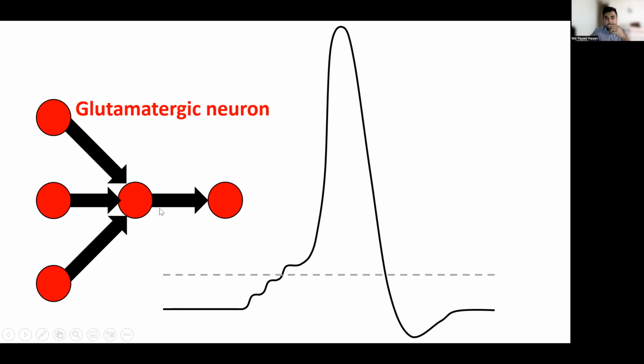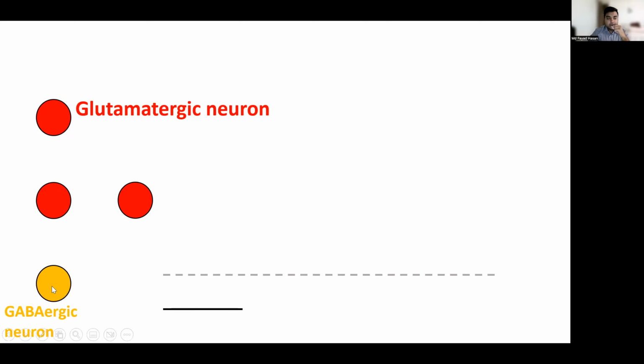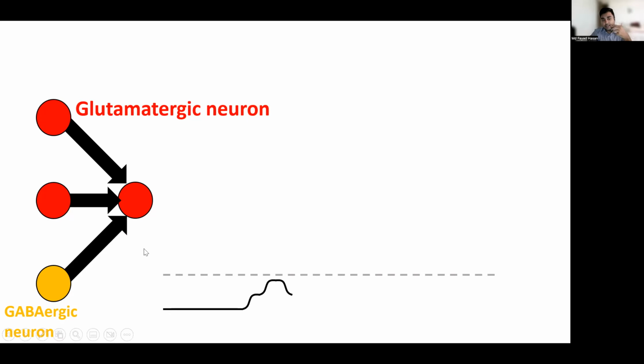the next neuron. But if one neuron is a GABAergic neuron, these GABAergic neurons are like people who talk less. You can think about it that way. Then if the glutamatergic neuron talks, the voltage increases. If this one talks, it increases again. But when the GABAergic neuron talks, the voltage actually decreases, and this neuron cannot fire.